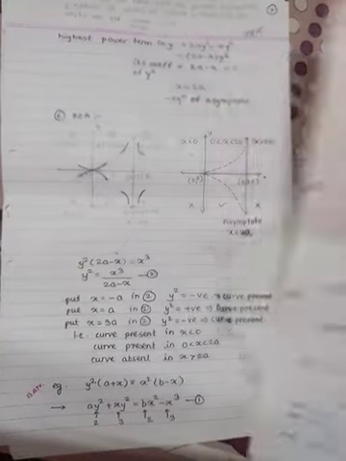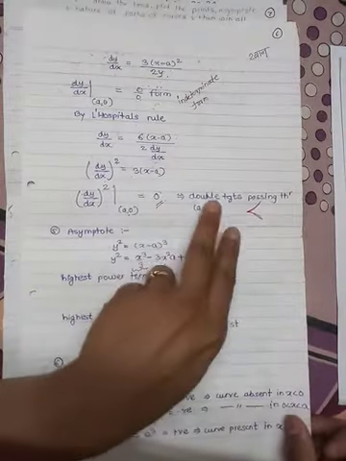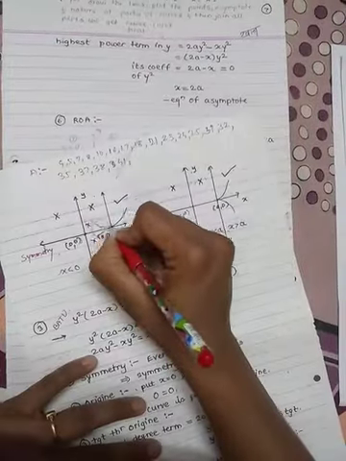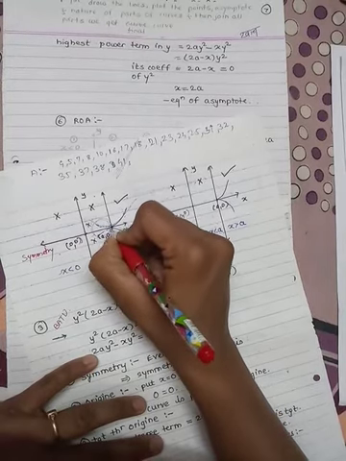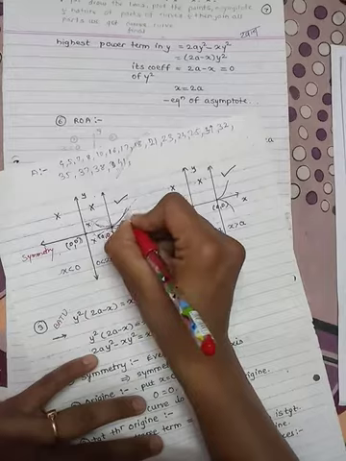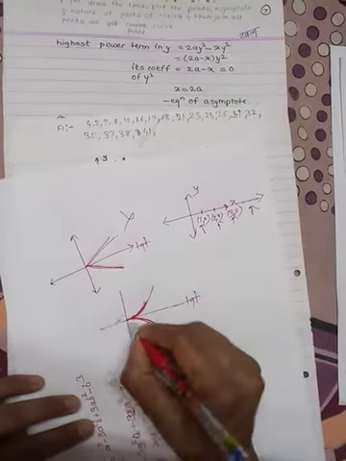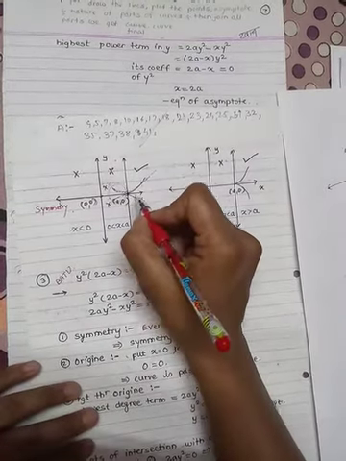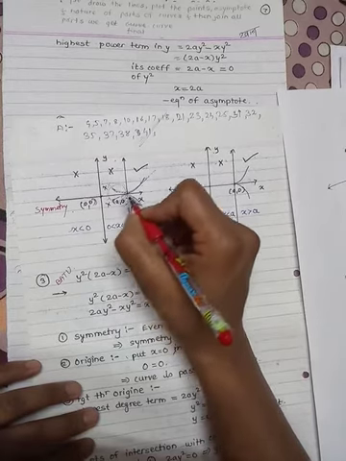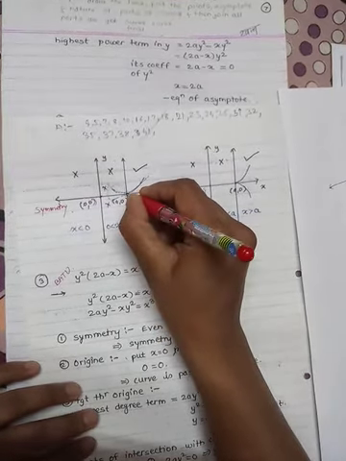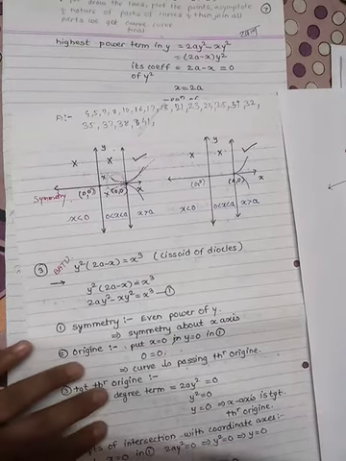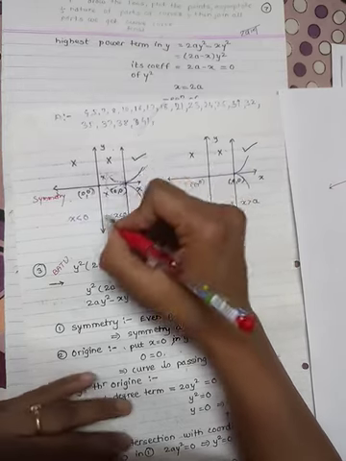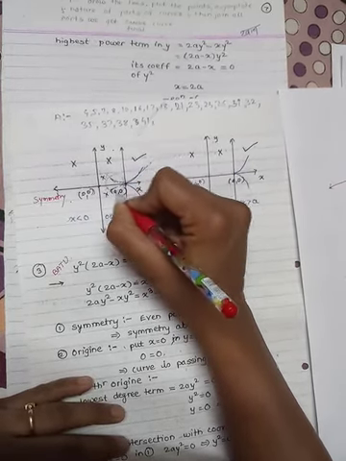The next condition is that there are double tangents at that (a, 0) point. So here the tangents are like this. So this is your tangent. At the (a, 0) point the tangents are like this, that is, the same curve is there, this and this, as we have the tangent at the (a, 0) point. That is double tangents. So the conclusion is double tangent means the curve nature is like this, this and this.